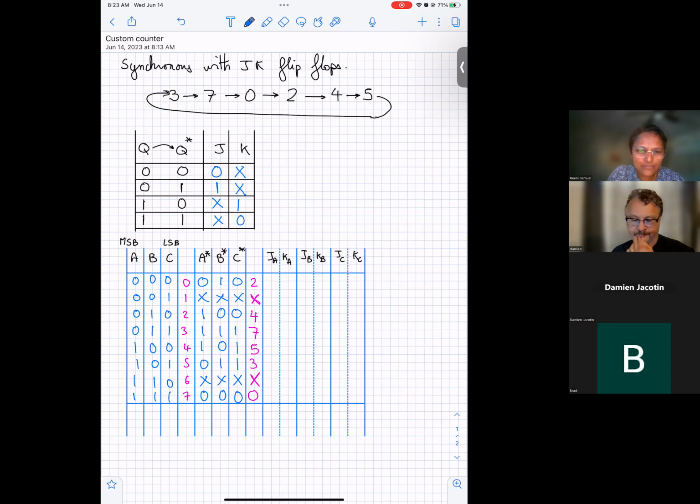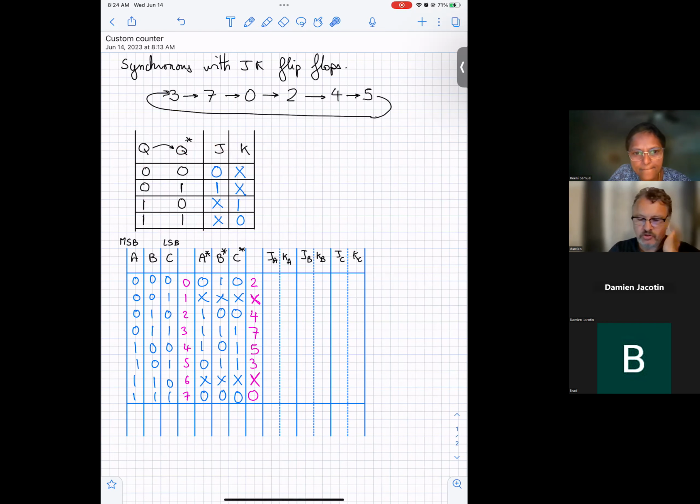I think I kind of forgot what we said earlier. So if I looked for those three numbers, I look at this number. I want a 2, okay, so I'm going to have 0, 1, 0. I want a 4, so it's going to be 1, 0, 0. Okay, I want a 5, like this. Okay. Now, for the JA and KA, what I'm going to do is I'm going to look at this chart right here,